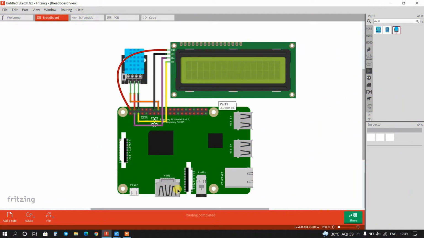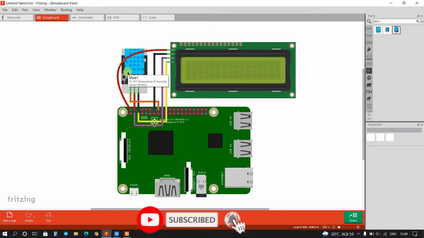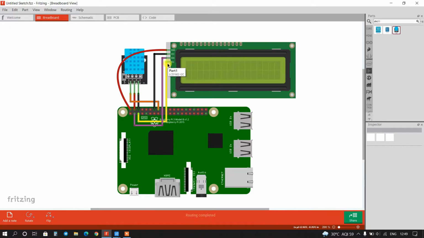You can see this is a schematic diagram. I am using one Raspberry Pi board, one 16x2 LCD with I2C module, and one DHT11 sensor. I have connected the SCL pin of LCD to the SCL pin of Raspberry Pi board, and SDA pin to SDA pin.